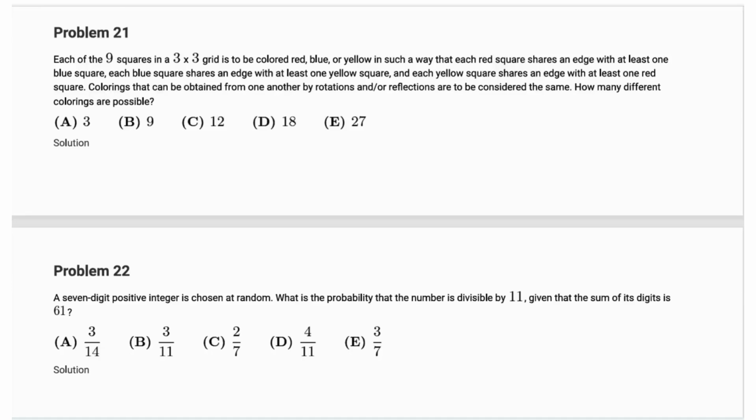Okay, so in this video, we'll be going over problems 21 to 25 of this year's AMC 10B. So starting with problem 21, each of the 9 squares in a 3x3 grid is to be colored red, blue,